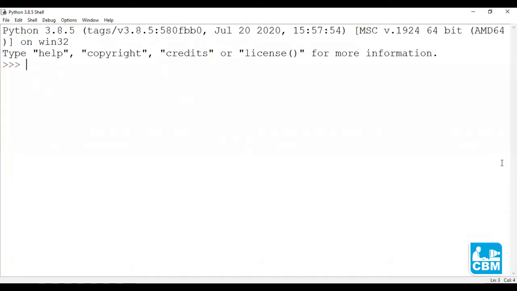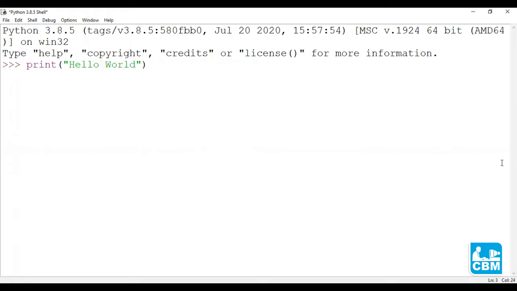Now let's see how the interactive mode actually works. What I'm going to do is, I'm going to type a command next to the command prompt in the Python shell. I want to print a statement. So I'll write print, parenthesis, quotes, hello world.